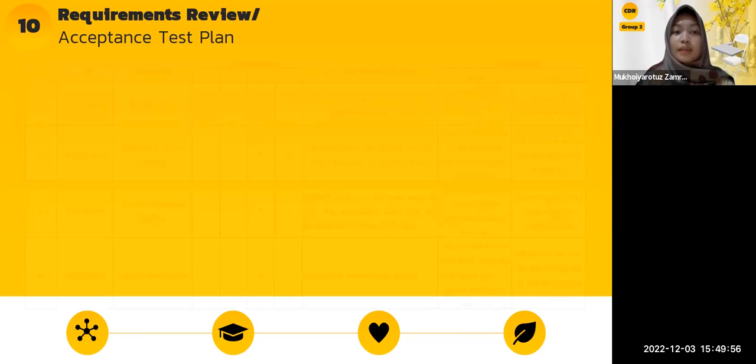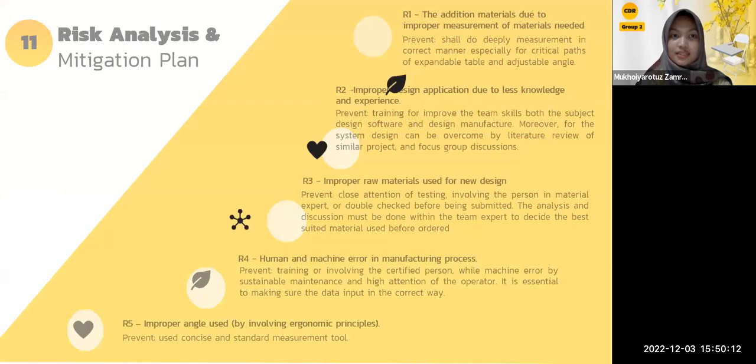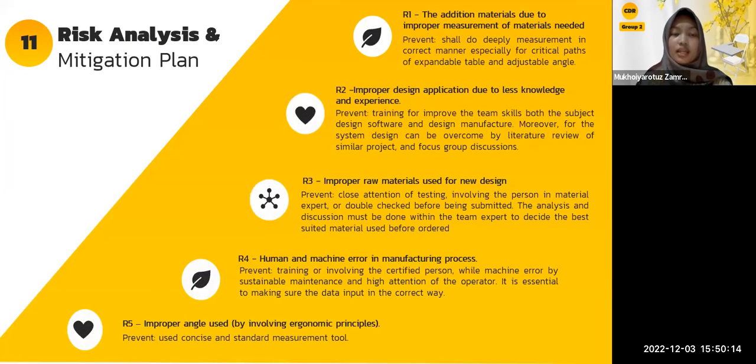So for the chair and pin joint, we must use the demonstration test. Also for the backrest and expandable table. For the material characteristic, we use tests for the strength, durability, and fineness. Next. For the risk analysis, here we have planned the risks